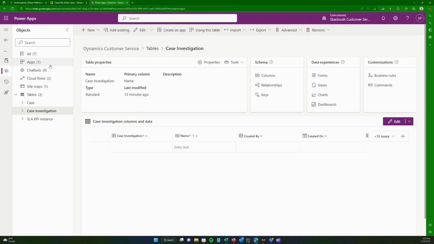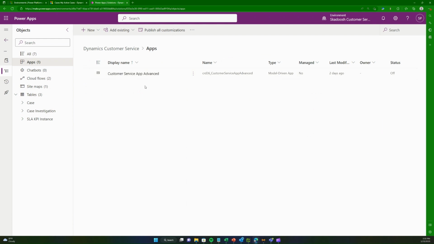For this, what I need to do is check if the app Customer Service Hub is already added to this solution. When I click on apps, I see that there is something else, and it's one of the apps that I created recently, for another demo. So what I'm going to do is,